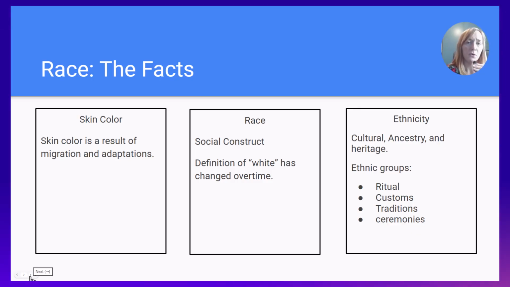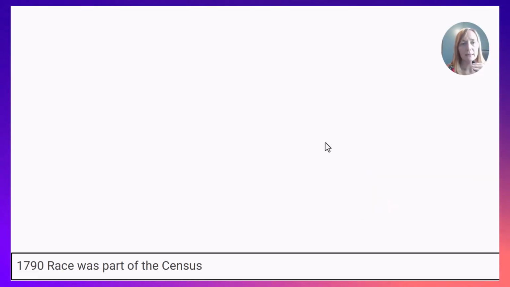All right, and let's move forward and talk a little bit more about race. Before we jump into this slide and I show you what I'd like to talk to you about, I want to say what this is about. This slide really is about how race as a social construct has evolved over time in our country. Now, this slide is going to touch on some components that assign value to race. It is not a slide intended to encompass all of the racism that has occurred in this country or in the world. Really, it is to show you how the idea of race as a social construct can evolve over time